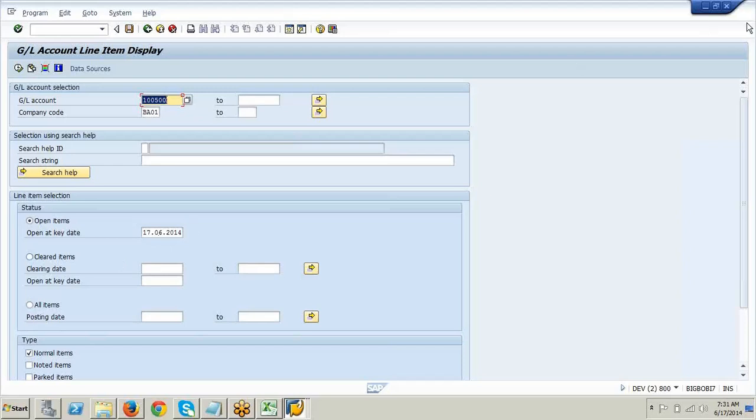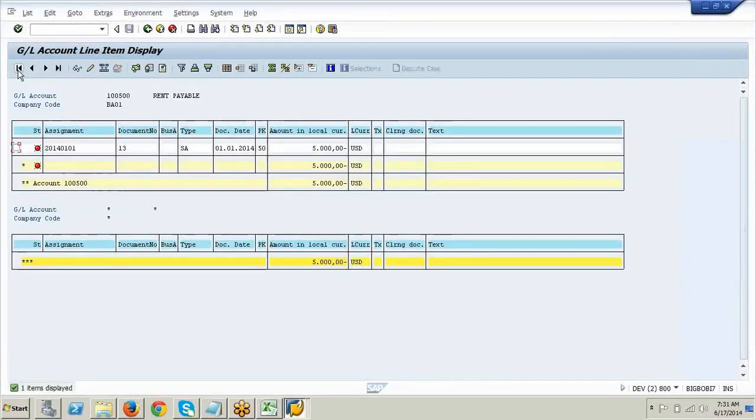Let us see this open item first. I'm executing. What does it say? Balance is 5,000. So Jacob is right.